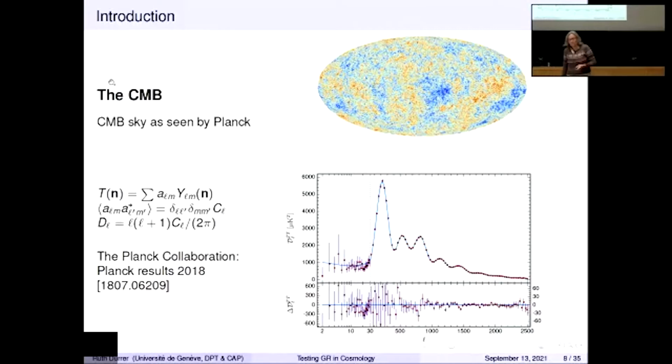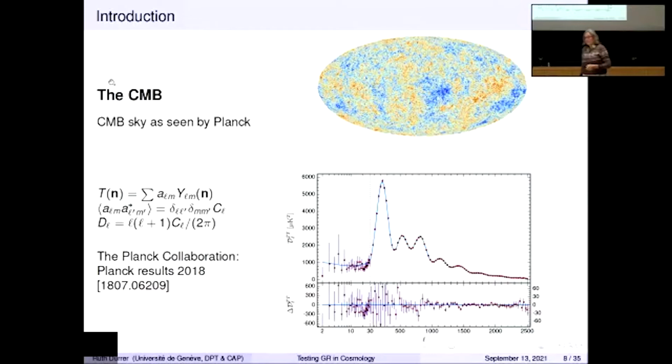This is a very nice measurement of the early universe, and most of what we know about cosmology comes exactly from this data. There are several assumptions. For example, we assume that the process which generated these fluctuations, typically inflation, is statistically homogeneous and isotropic. And if it is isotropic, these temperature fluctuations here, which are characterized by the stochastic coefficients a_lm, the expectation values of these coefficients are diagonal.